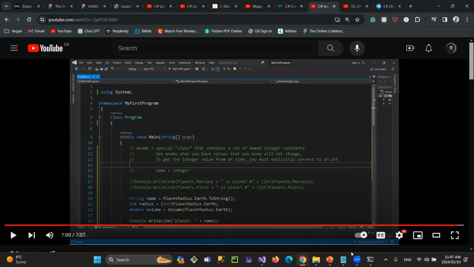Yes? But they have 5 constants, right? But they have nothing. Is it bad practice to put them in an enum or? Pardon me? But 5 constants. Is it bad practice